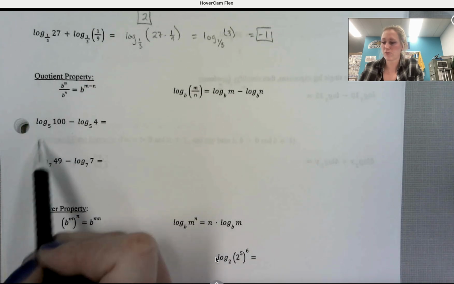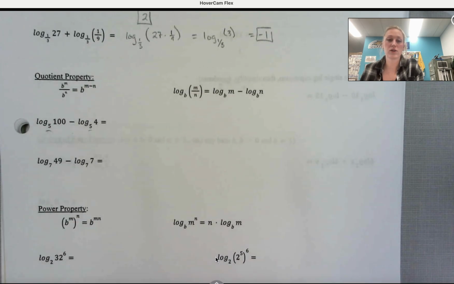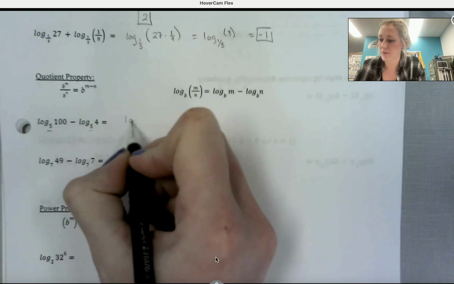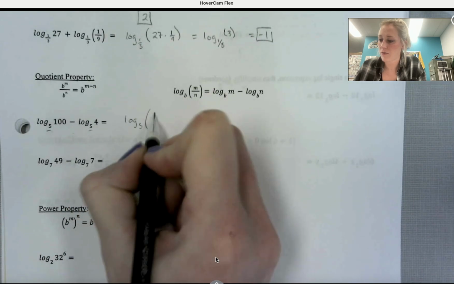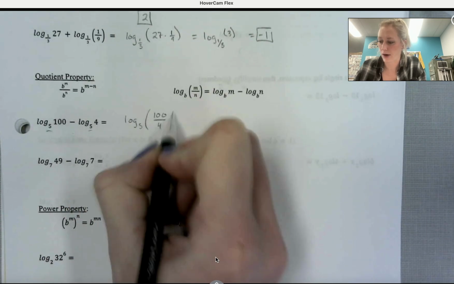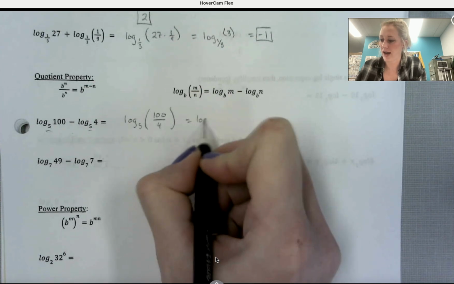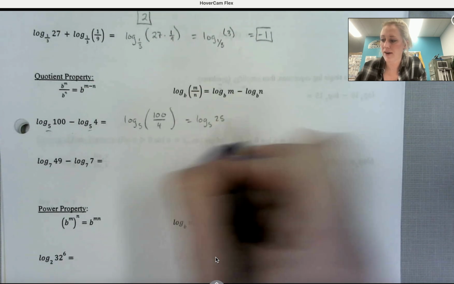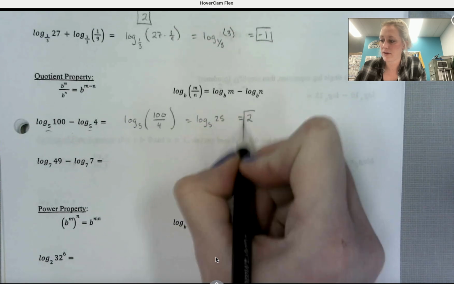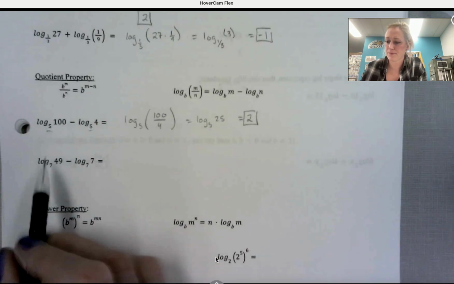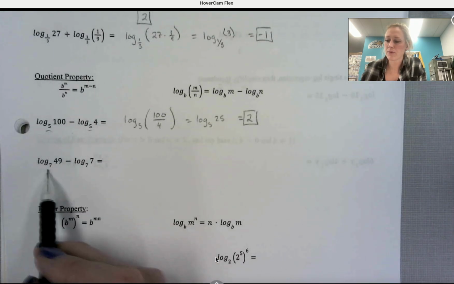So I'm subtracting, they're both base 5. So the first one is always the numerator. So this becomes log base 5 of 100 over 4, which is log base 5 of 25. So 5 to what power is 25? 2. Okay. Second one, again, they both have